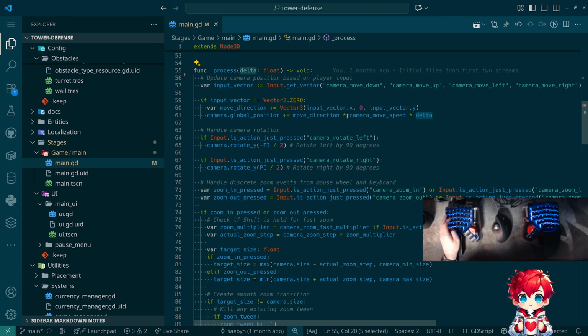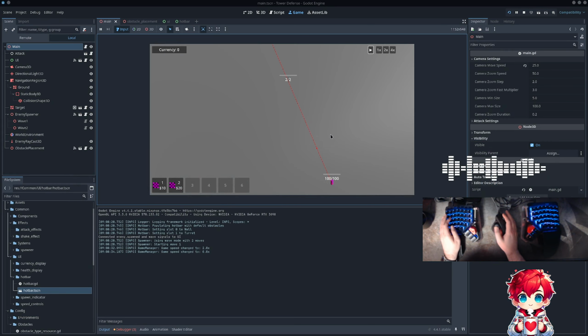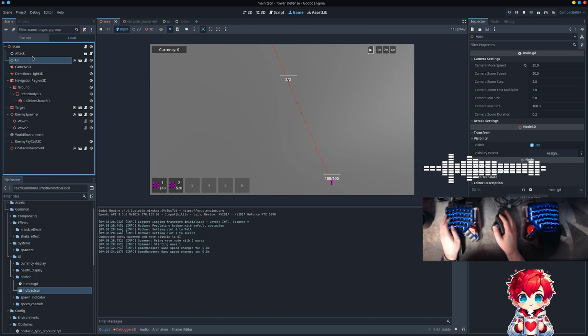So, one thing we can do is maybe move this logic somewhere else, into a node where, if we look at the main node,